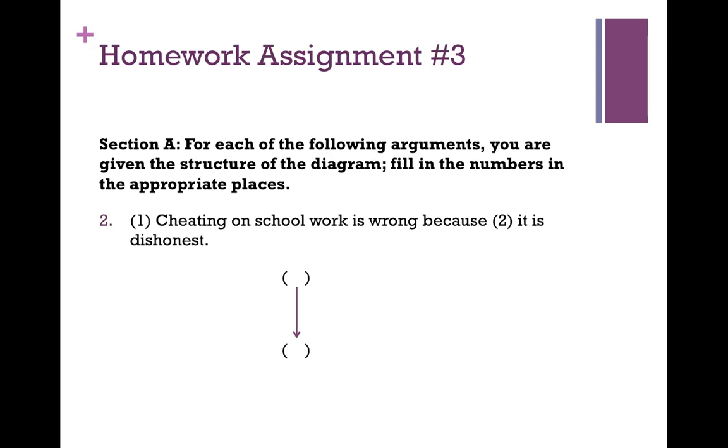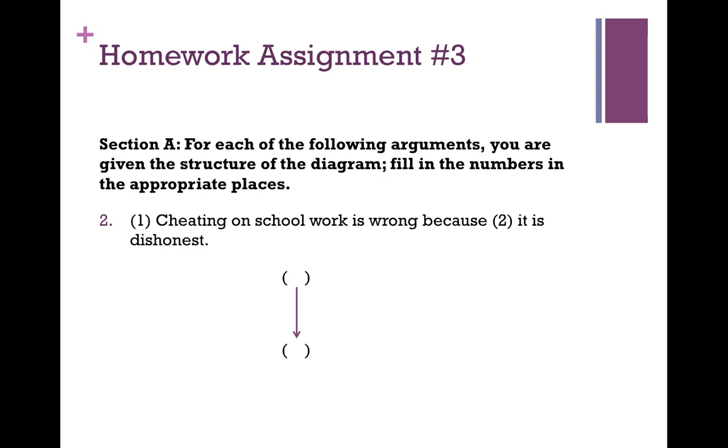So section A, here are the instructions. For each of the following arguments, you are given the structure of the diagram. Fill in the numbers in the appropriate places. So this first exercise was basically just trying to get you in the habit of being able to identify the conclusion and the premises, but it assisted you because it already told you what the basic structure of the argument was like, whether the premises were dependent or independent, and it also already numbered the different propositions within the argument. So here it states, cheating on schoolwork, problem number 2,